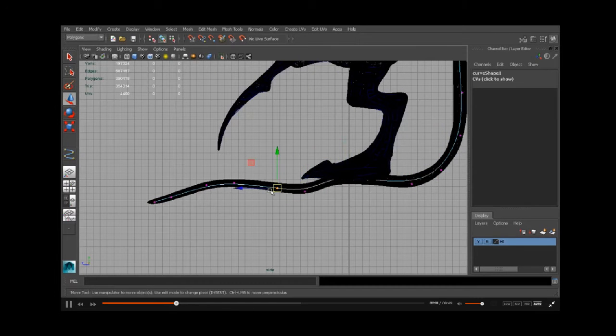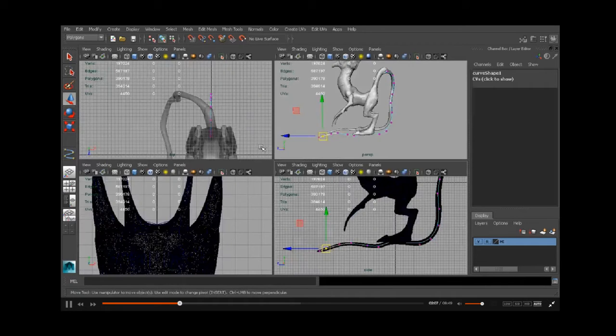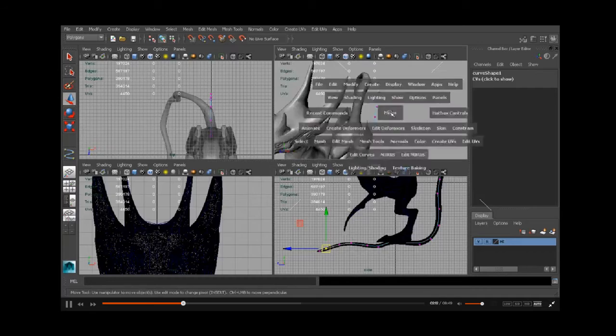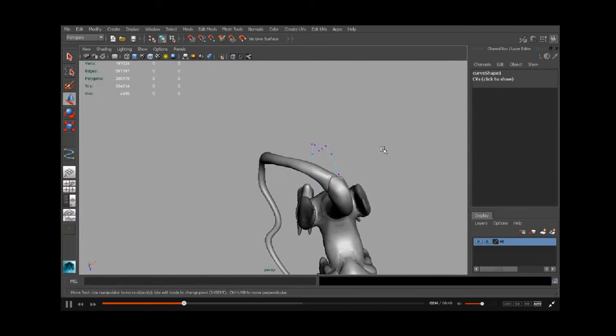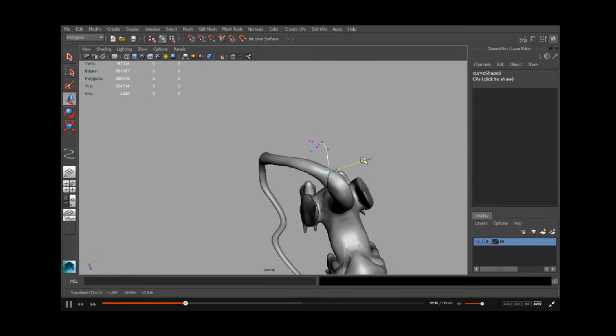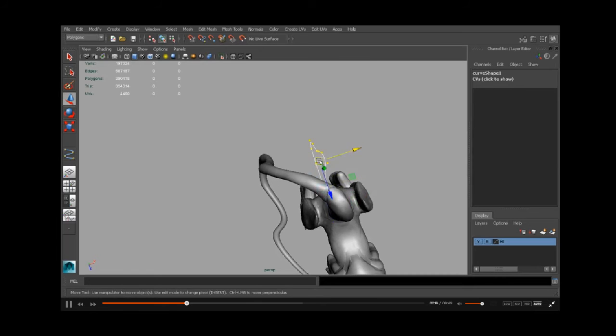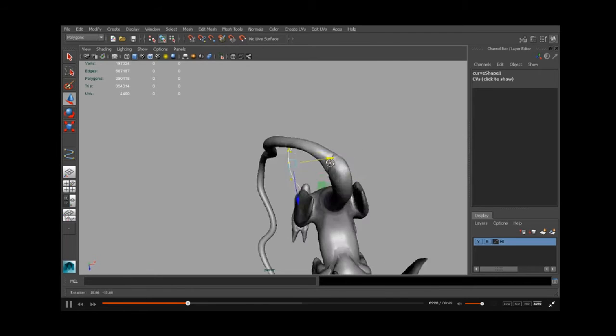So we're just trying to get a curve that follows along with this tail. Now it's all in one plane here. You see that? So what we can do now is start to match up these points, and so I can just grab them and pull them over in a particular axis. So pull those over,